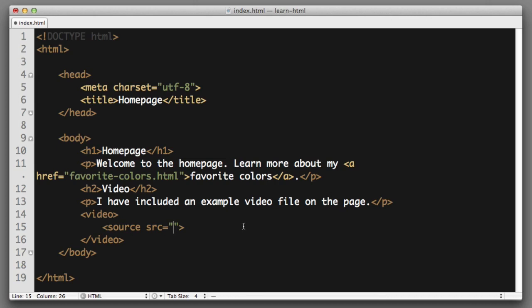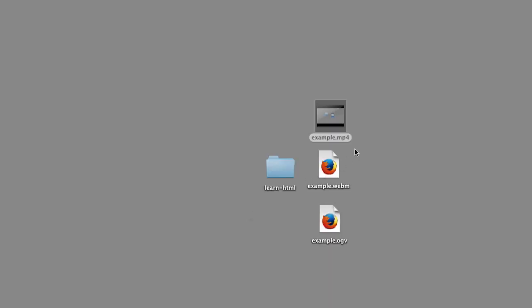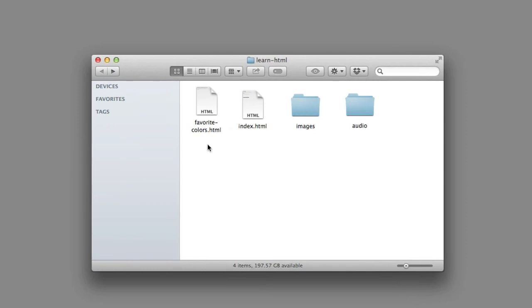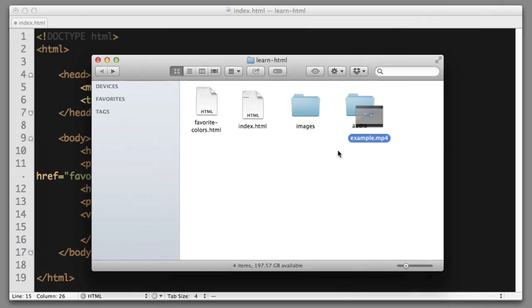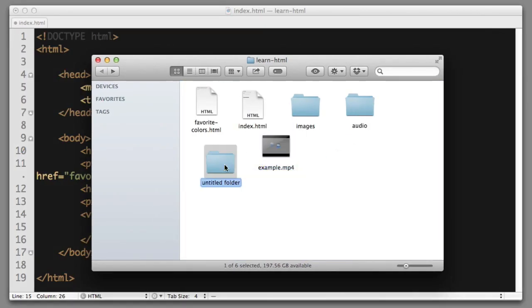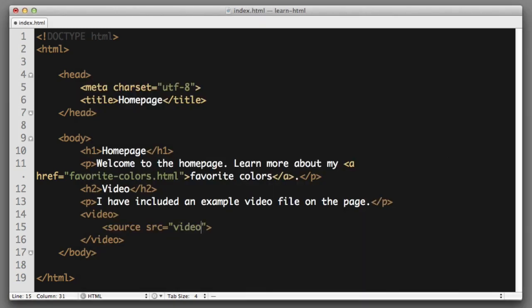The video file that I want to include is currently on my desktop, and it is named example.mp4. Our website currently lives in this folder, so let's move the video file to sit in the same directory as our HTML web page. Now within this directory, let's create a folder named video just to stay organized, and then move our video into that folder. So within our code, we will move into the video folder, then include a /, and then simply type the name of the video file,